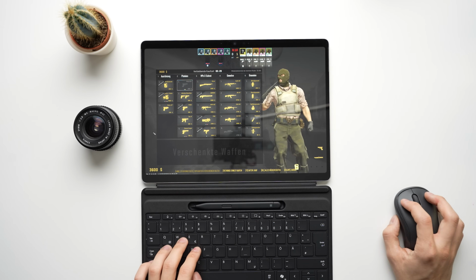We tested the Surface Pro 11 in a range of apps, games, and also in daily use, and found many meaningful improvements over the Surface Pro 10. But we also experienced problems that any other Windows laptop for a fifth of the price wouldn't have. In this review, we hope to help make clear whether you should invest in the Surface Pro 11 or rather